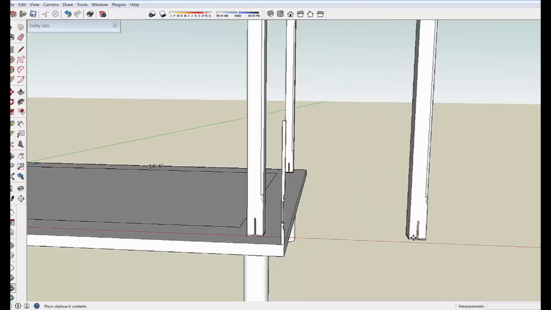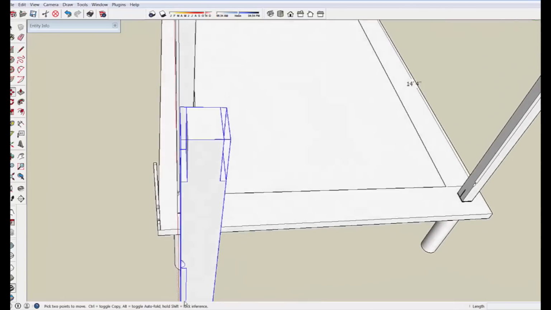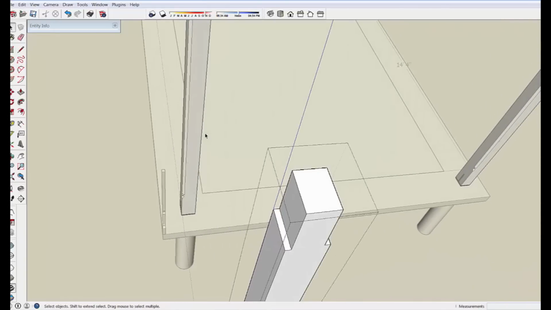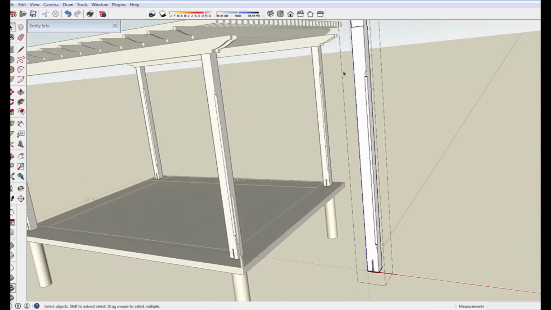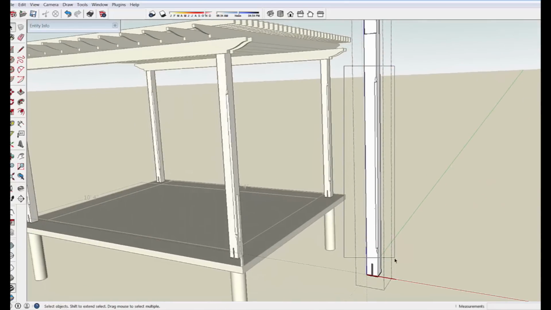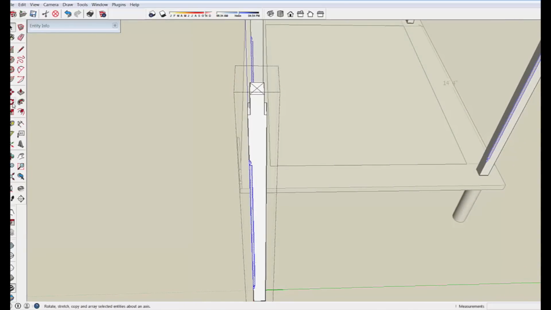Then to copy these, I'm going to copy one of the posts and then paste it in outside of the model, just because it's a little easier to work with over here. And I want to get a line in the center of this square, so let's just draw 2 lines so we have a center. Now we can take this whole detail